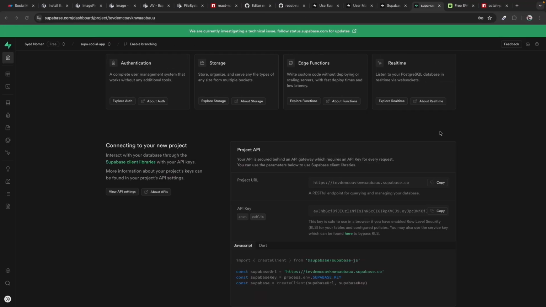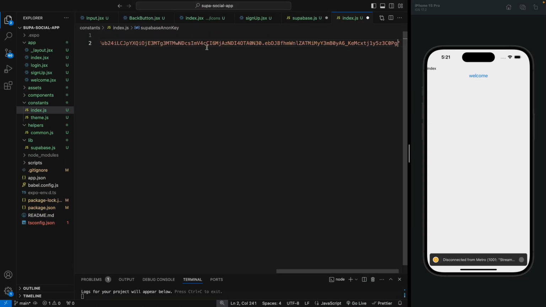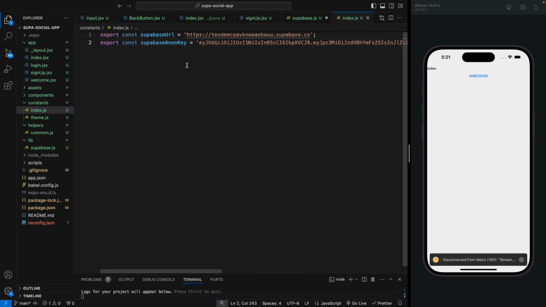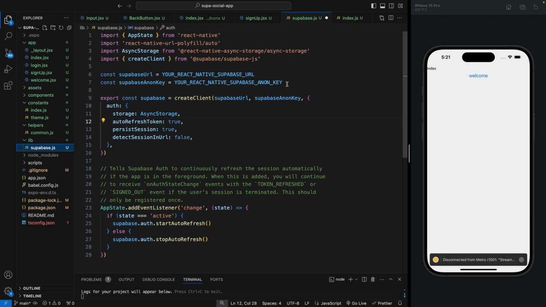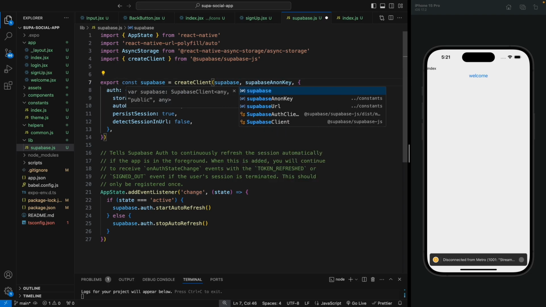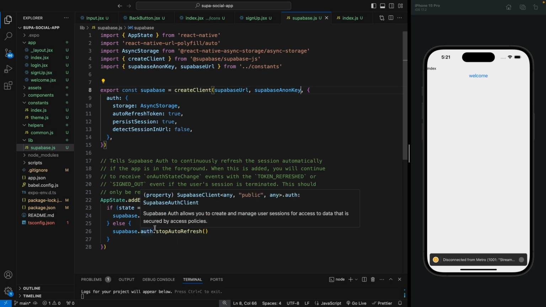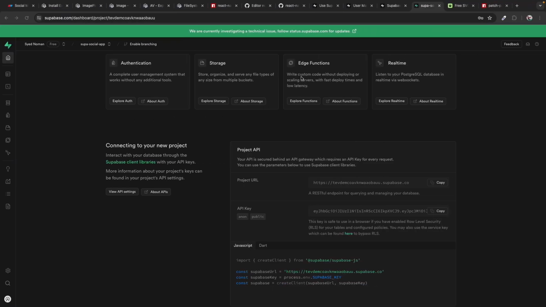and let's copy it from our project. This is the anon key, paste it here and save this. Now we can import these API keys into this file, so we don't really need to have these variables. So let's just remove them and directly import them and use them here. So Supabase URL and the Supabase anon key like this. Okay, so this will create a client for us, and in the bottom here, this is just an event listener for Supabase to auto refresh the token.